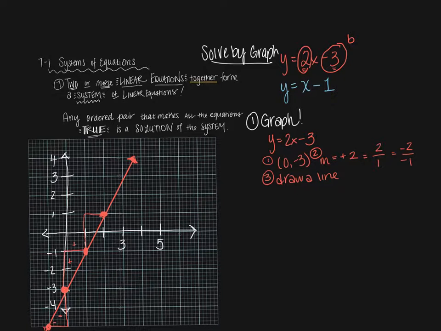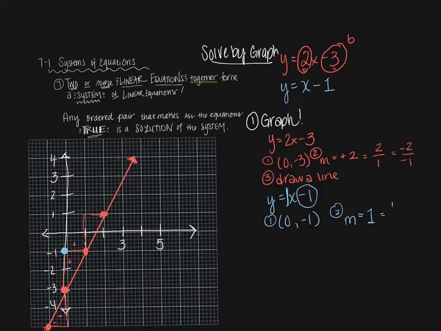Let's do the same thing for y equals x minus 1. What is my y-intercept? It's where x is 0, and notice that it's a -1. So that's going to be right here. Plot that first. The second thing to plot is my slope. My m is, oh, look at that. It's just a 1,